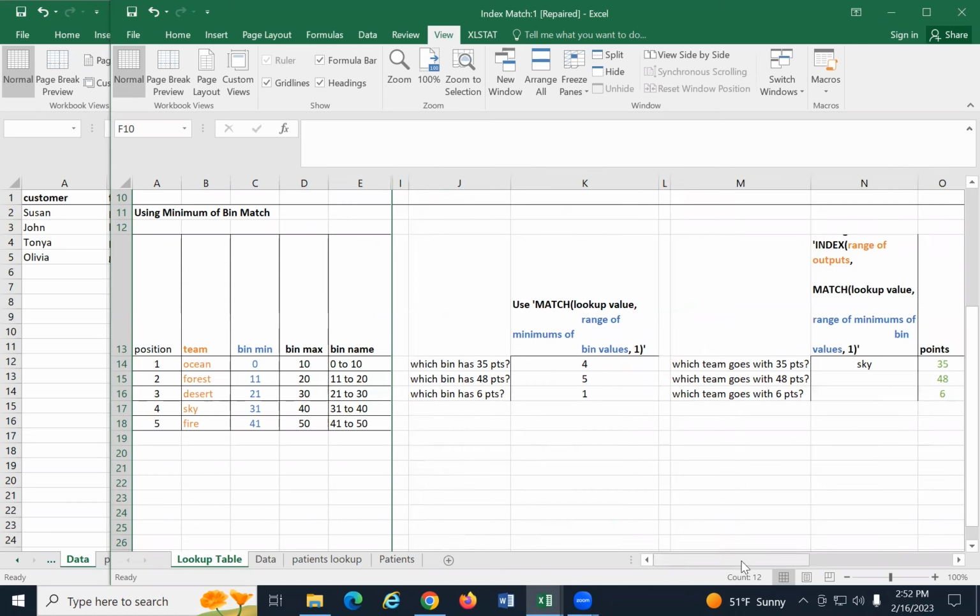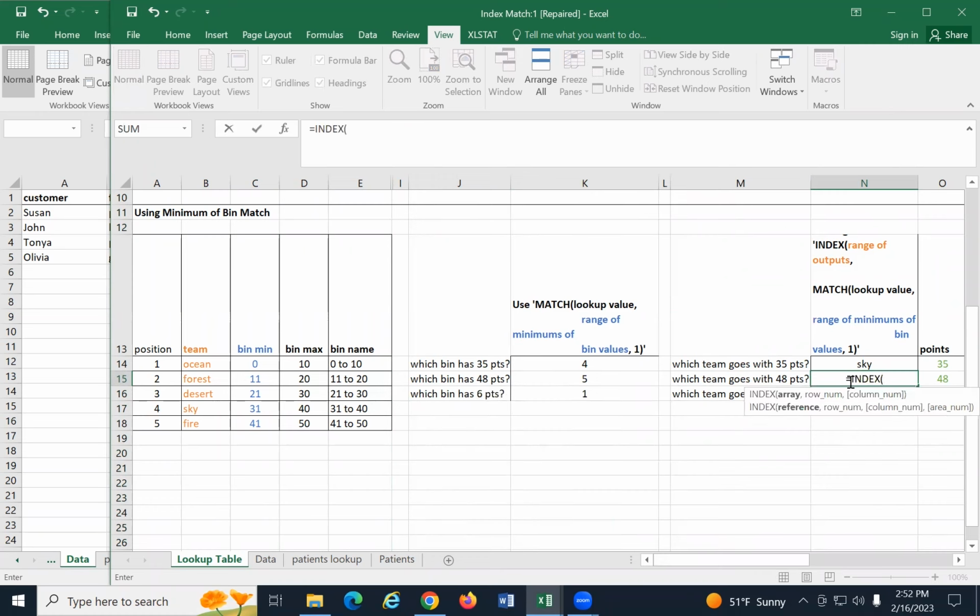We'll talk about that later if you haven't seen that. But okay, so we want to know what team goes with the 48 points. We're going to do this using this INDEX MATCH combined. So we're going to say equals INDEX. We're going to highlight what team we want, and we're going to match on